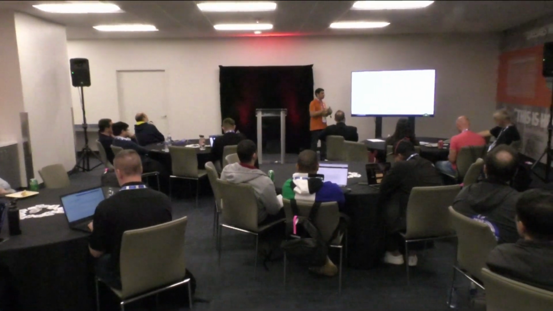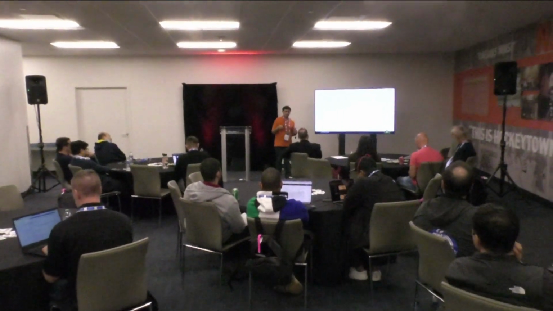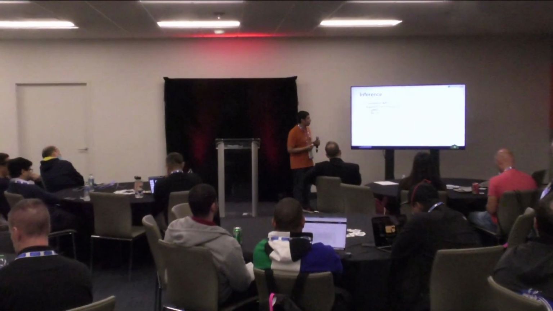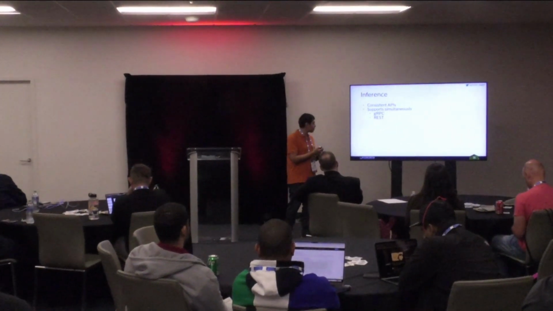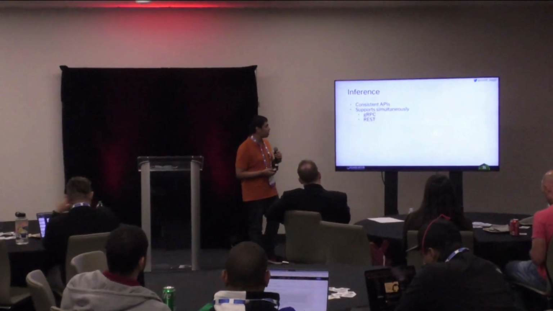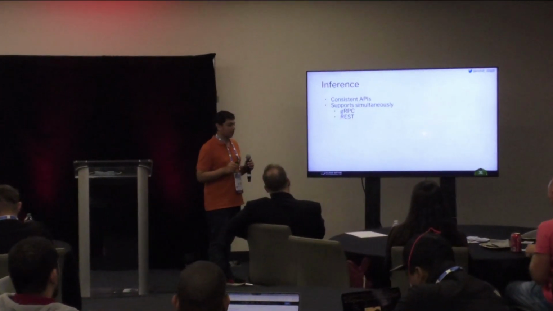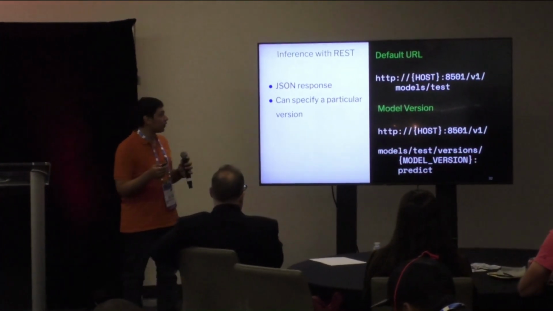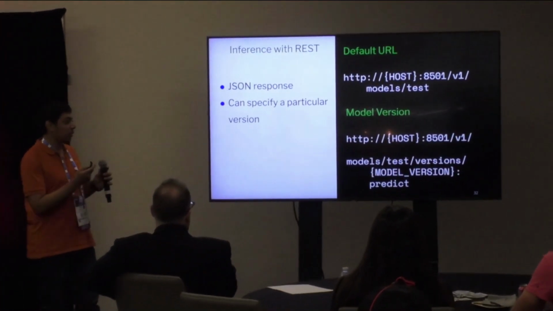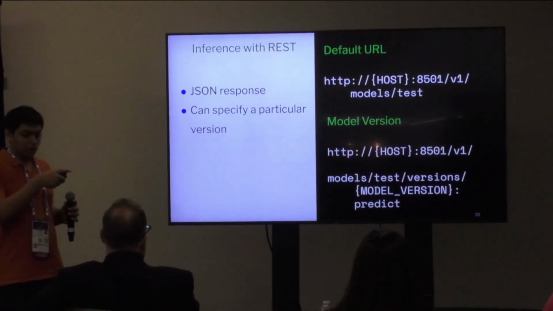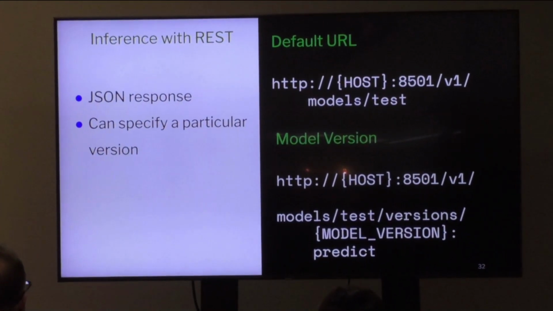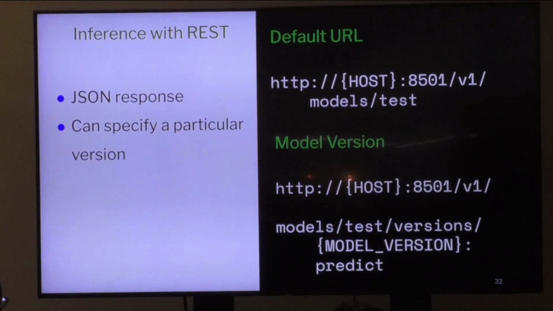With the very, very simple code example, I wouldn't even call it code, just a few lines, you have created a gRPC API and a REST API for your model, and these are consistent APIs. How are they consistent? We'll see. This is how you would run inference from it, a template to run inference from. The test is what my model name is, and the APIs are pretty consistent. I couldn't have an API with some random /path.